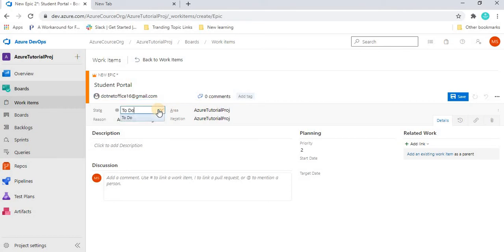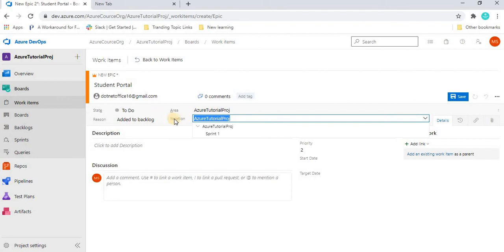Now, in what you want to make it, as a to-do list, since it's the first time I'm making it, you can assign it and add it to backlog. We will understand backlog in the coming tutorials. Currently, for what kind of iteration you want to assign, like sprint one, we will understand more about sprints in the coming tutorials. But as I explained in the previous tutorials also, a sprint is basically a time period for a particular work, in which we have to finish that work, from taking it until deployment.